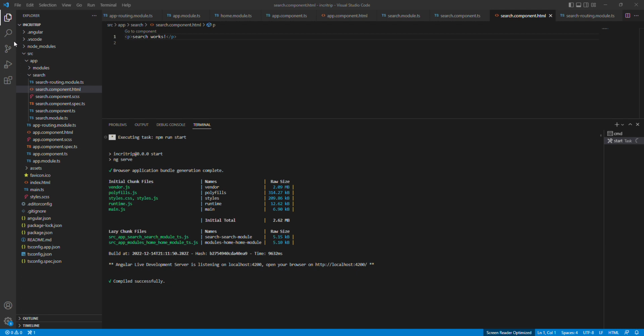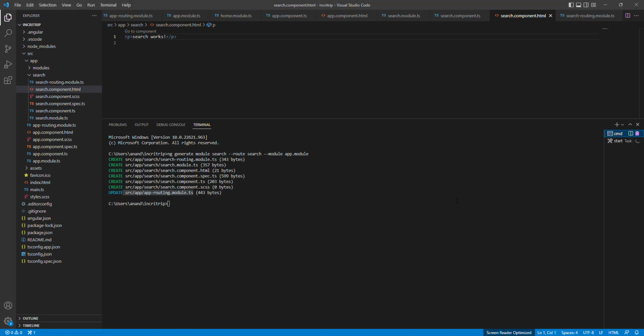So we have home, which says home works, and search, which says search works. That's really nice. So we have a working router, and we also have working lazy loading. To make another example, let me add one more. Let me go back to the command. It's the same command. I'm going to create another lazy loading feature module. So the command is what? ng generate module, and this time I'm going to do contact us, whatever you want to call it, and the router name is also contact us,